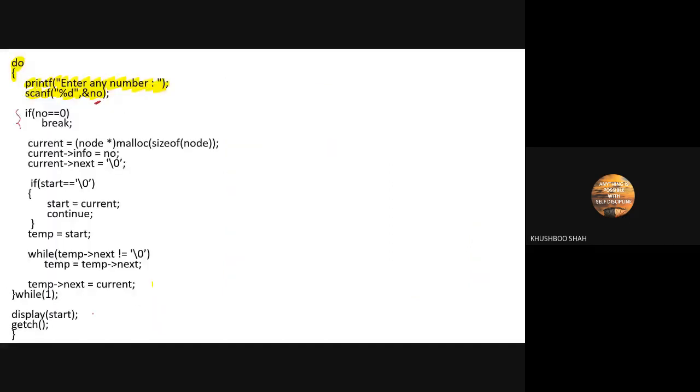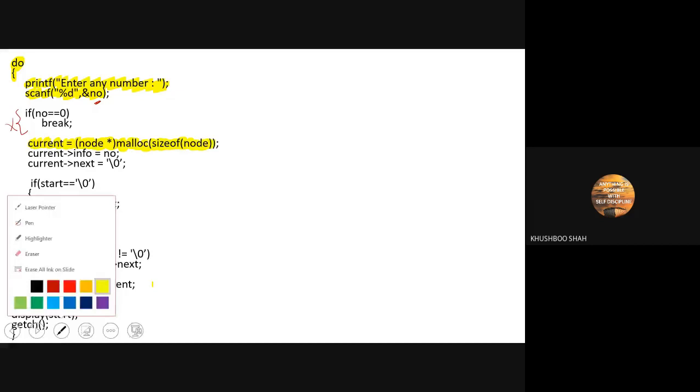Okay, now what is going on? See, this is the most important statement: current is equal to node star malloc size of node. Let me explain it one by one. First, what will happen?